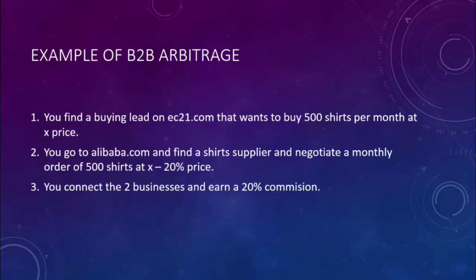That is the big advantage of business to business arbitrage, and why I like this business model very much is the fact that it can be a monthly recurring income. Okay, why? Because most of the time between businesses they practically have monthly transactions. A certain business needs a certain material or a certain supply of something, and practically needs it on a monthly basis to run its business. That means you will have transactions again and again and again, which practically means for you a recurring income if you negotiate your deal right.